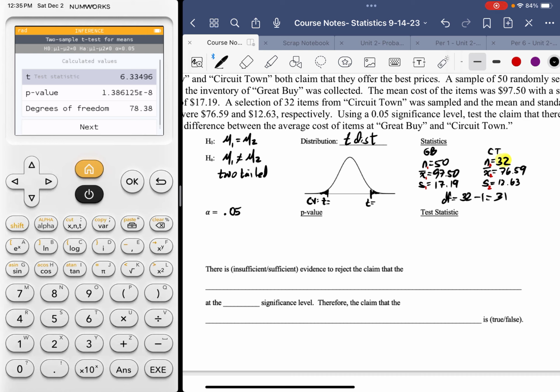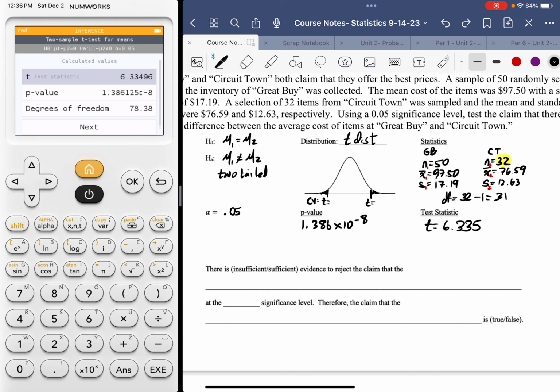I have my p-value, which is very small, 1.386 times 10 to the negative 8th power. And my test statistic t is 6.33, about 5. All right. So this value is very much less than the alpha value. It just has to be less in order to reject the null. This would fall in any rejection area, but I do need these benchmarks to critical values, so I'm going to